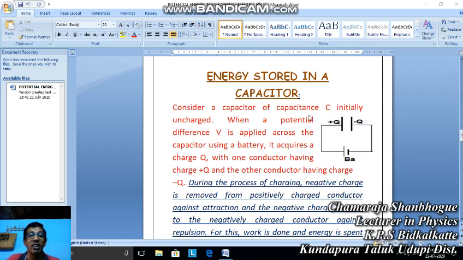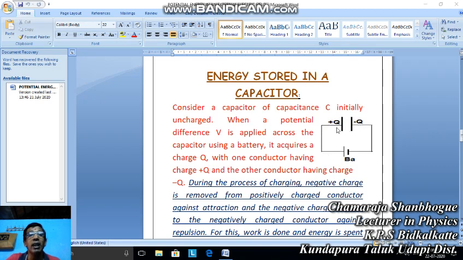As soon as the uncharged capacitor is connected to a battery or a DC voltage source, the capacitor starts charging. What do you mean by charging? Charging is nothing but the positive terminal of the battery is connected to one plate, and the negative terminal of the battery is connected to the other plate. The positive terminal connected plate becomes positively charged, the negative terminal connected plate becomes negatively charged. Or in other words, charging is the process in which electrons are removed from the positive plate and they are added to the negative plate.